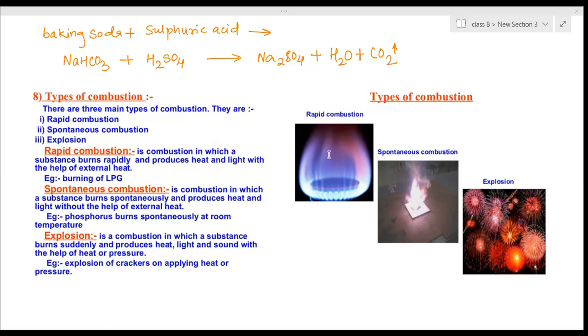Then there is one more type of combustion we can consider, that is slow combustion. We actually won't feel it also. That is the rusting process. Do you know the rusting process? Rusting is also a reaction with atmospheric oxygen, but in the presence of water. In that case also, heat energy is produced, but at a lesser rate. The heat is produced but is very negligible because this is a very slow process. So we call that slow combustion.